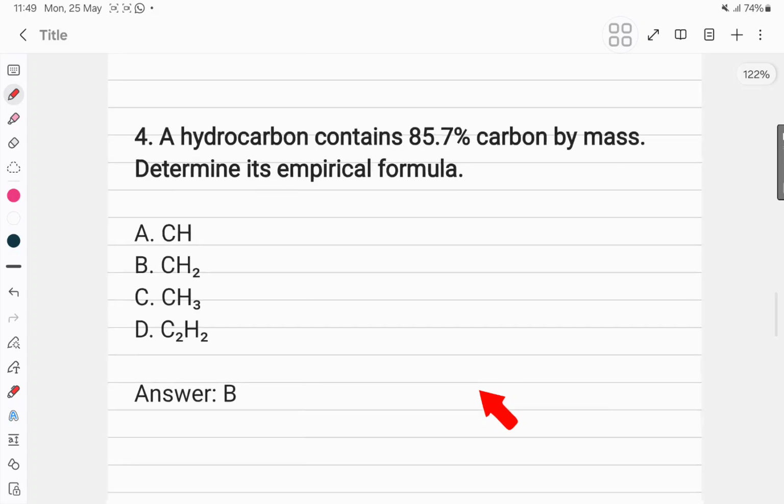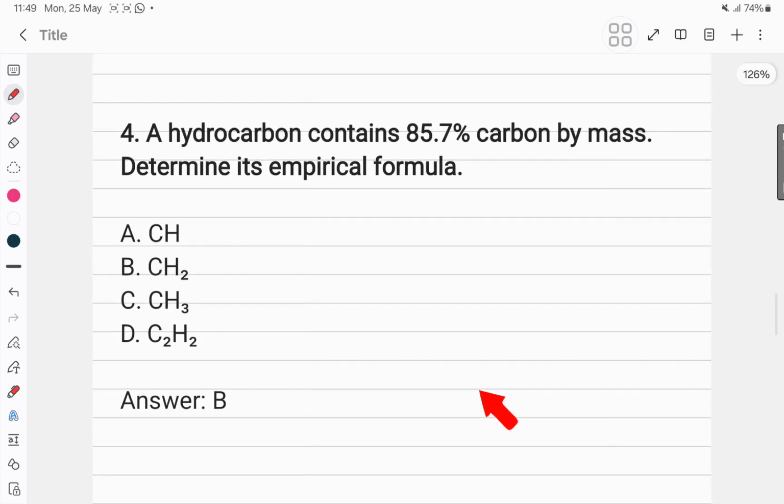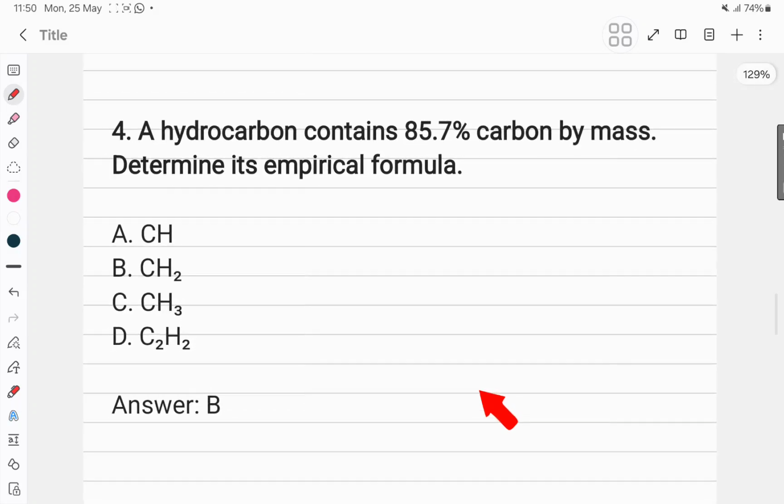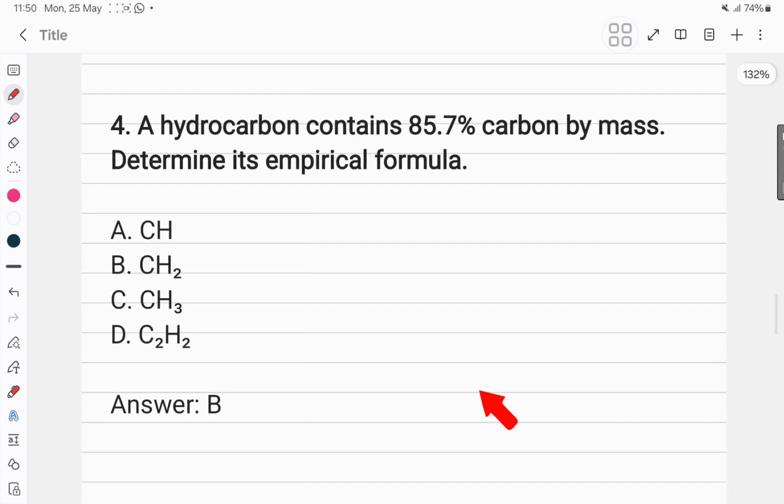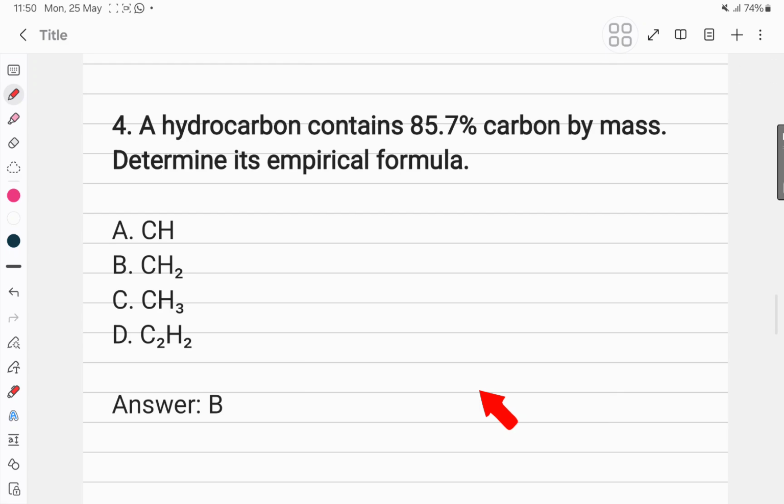A hydrocarbon contains 85.7% carbon by mass. Determine the empirical formula. Empirical formula is also known as the simplest formula of a compound. Now, being a hydrocarbon, it contains